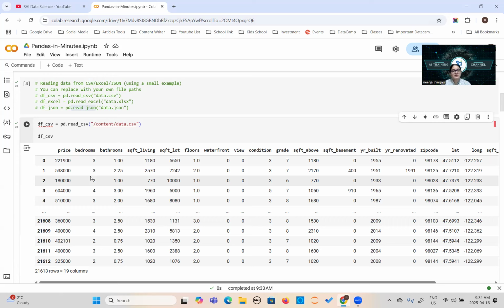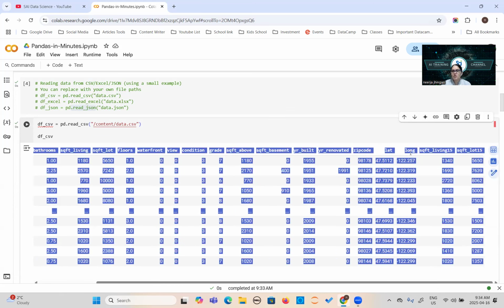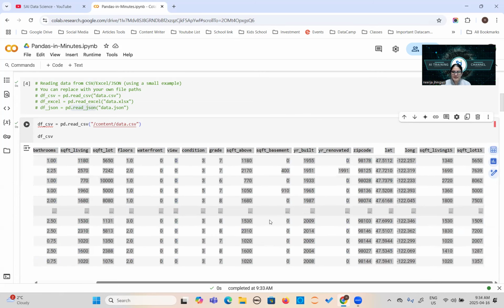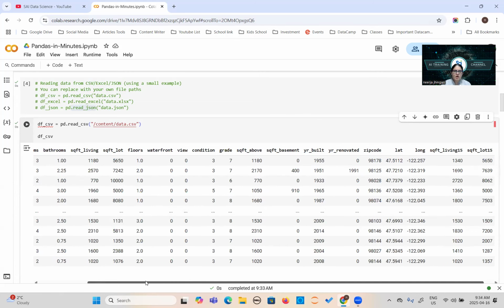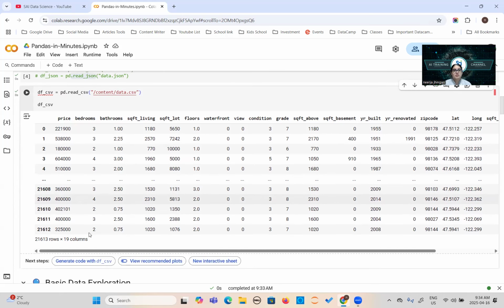So this is the data frame. Now in pandas, these are called the features as well. In data analysis language, we call them features. We call them columns in a normal Excel, right? And these all are your records. Okay, so this is the way you can load or read the data. If someone asks how to read the data using pandas, or how to load the data using pandas, it is one and the same thing.